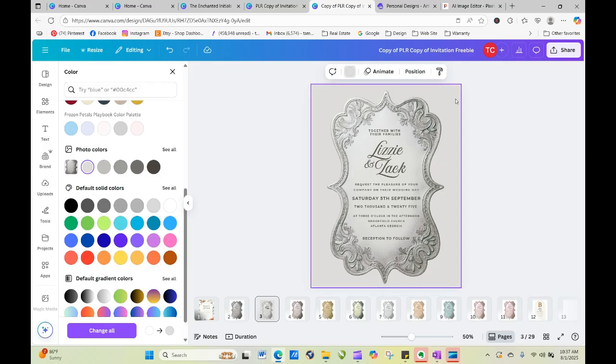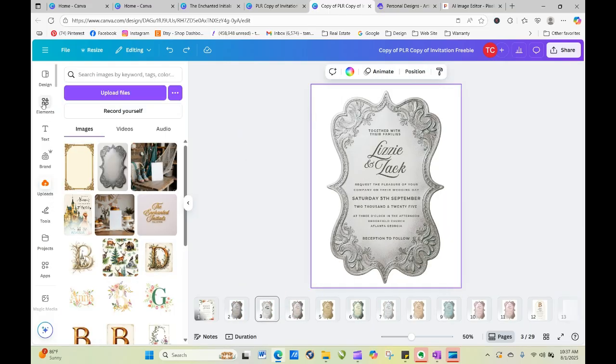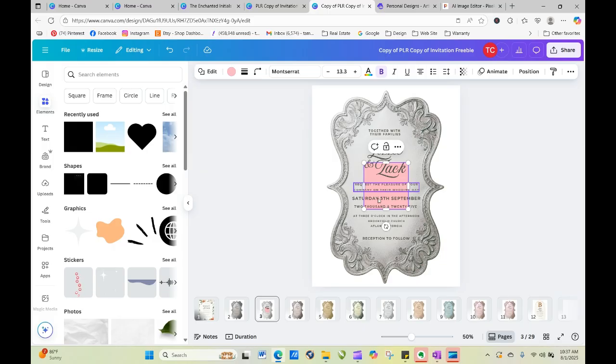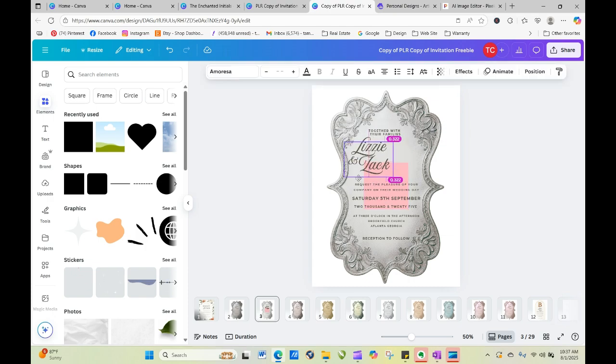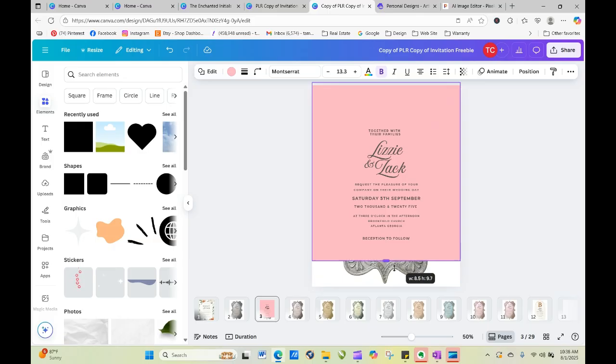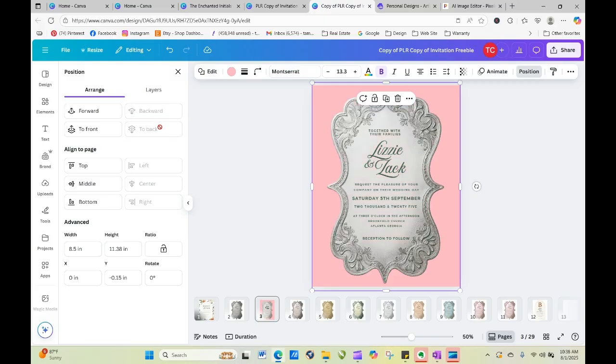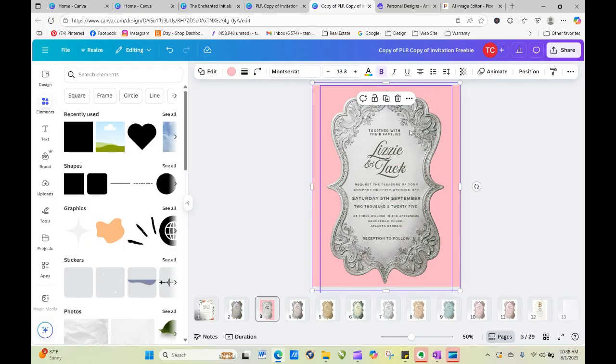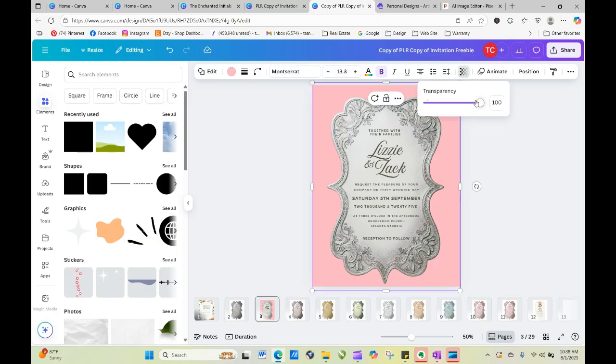But instead of that, we're going to do it different. Okay, so if we do the shape and we put it behind, oh my goodness, what did I do? Okay, I just need to make this. The reason you need to do it that way and not as the background is because of what happens when we go all the way to the back. Okay,